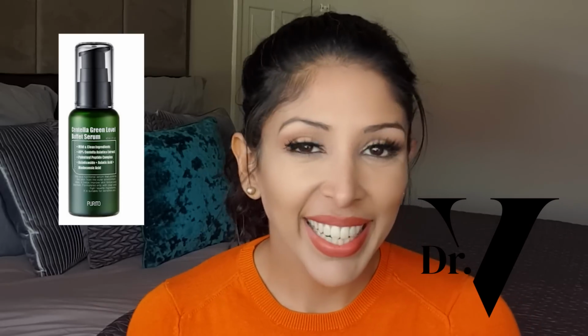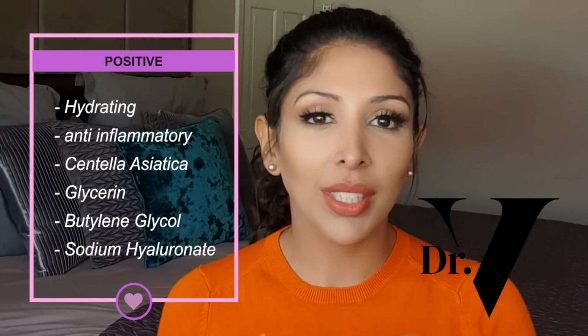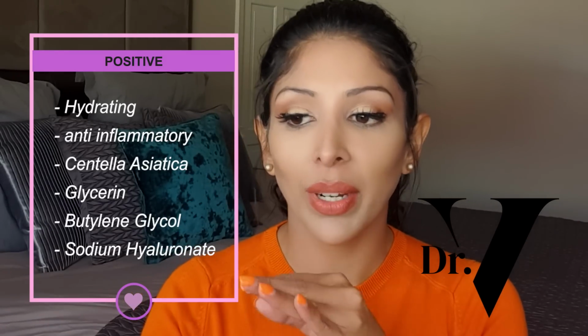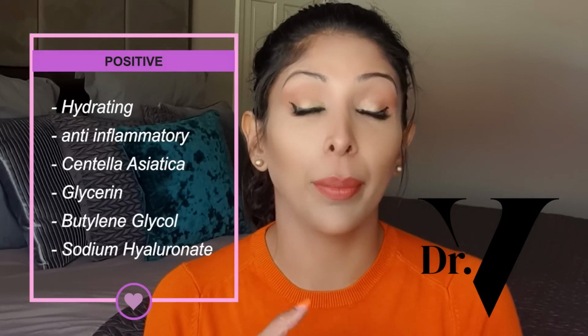V approved. Okay, so the next product is Centella Green Level Buffet Serum. So the positives are that it is hydrating, it does have anti-inflammatories in it. So do you remember I told you that often you can see a signature in one brand because it's all the same ingredients. So for example, here they've added centella, glycerin, butylene glycol, sodium hyaluronate, but they've added this in